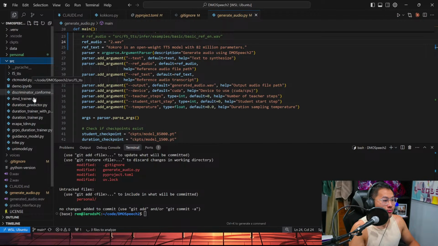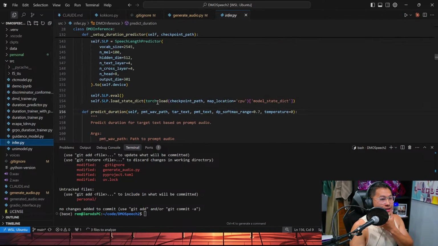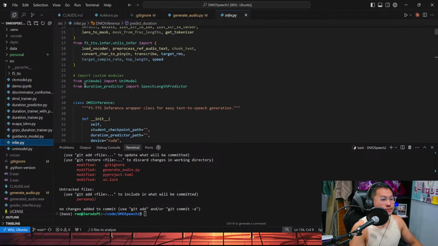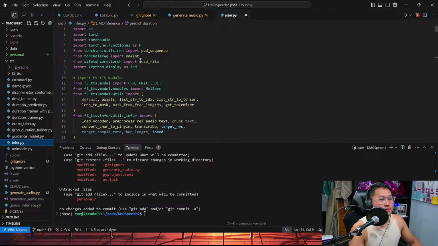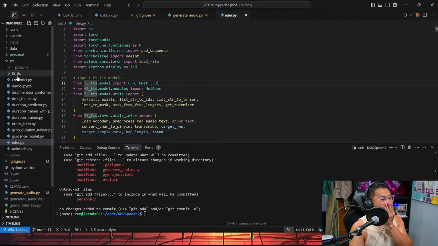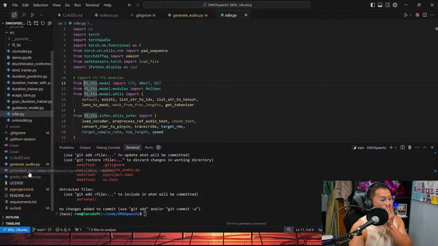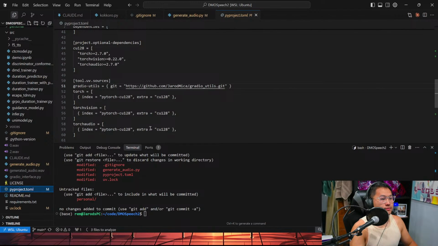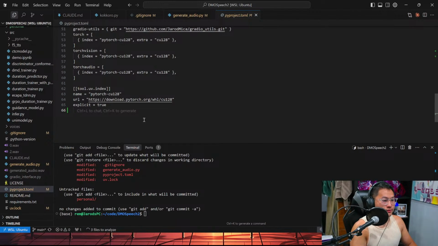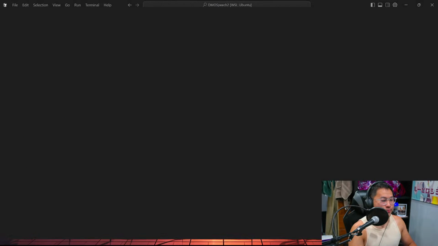Source. Right, and inference. Okay. So I think, yeah, I always forget how to build it.